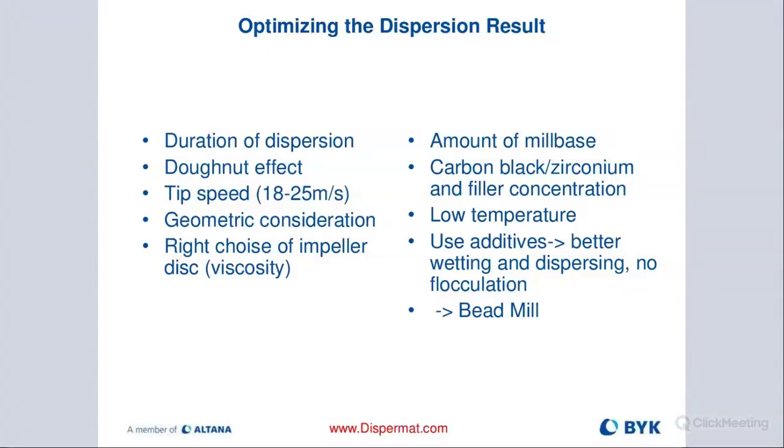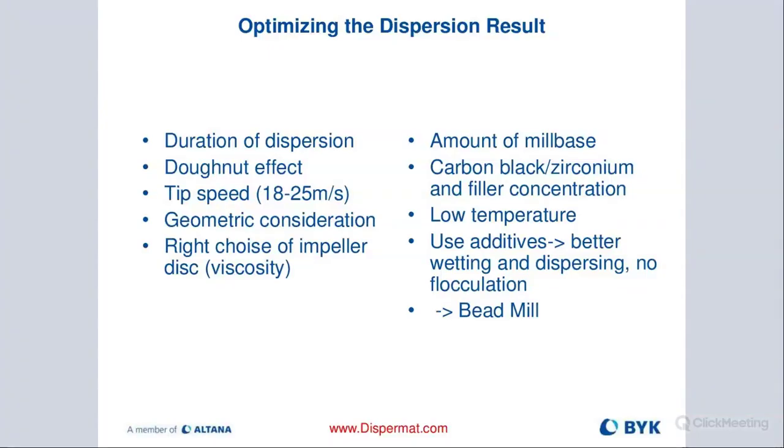Tip speed, again, 18 to 25 meters per second, ideal tip speed window. Geometric consideration, so that ratio of container size and blade relative to the different viscosities. So that's really important that we pick the right blade diameter. And then obviously there's different types of blades on the market, and picking the right blade for your formulation is